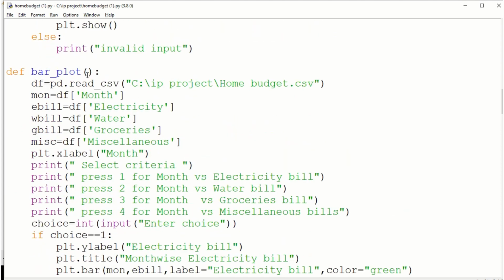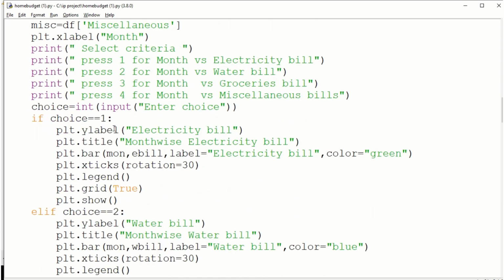Second is the bar plot, and again we are picking up the columns for the bar plot, which columns we want, and again we are plotting the bar graph in comparison of month and electricity bill. Same things are happening here: y label, x label, title, and then we are plotting the bar with the help of the bar method. And then again xticks, as I just explained before, the legend, the grid, and the show